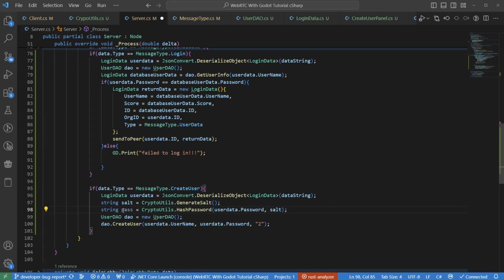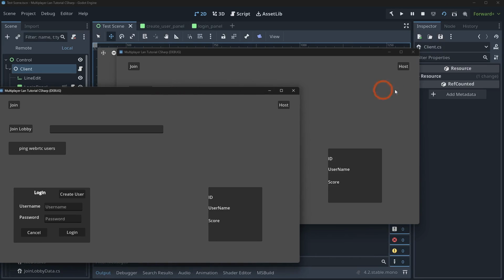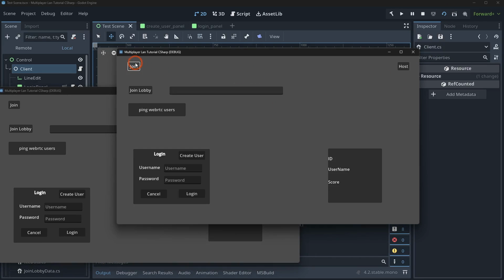And that's going to bring back that password. And then I can change this to pass and then this to salt, like that. And that'll actually handle a lot of that for us. And now at this point, we can come in to Godot here, hit play, come over here, host it, join,